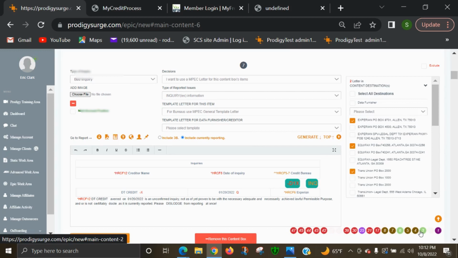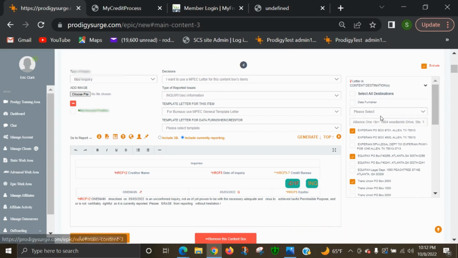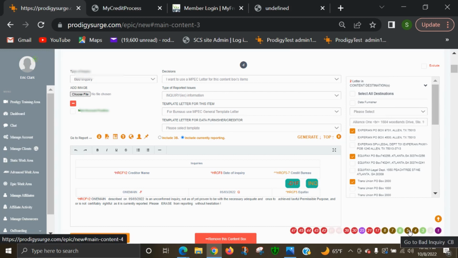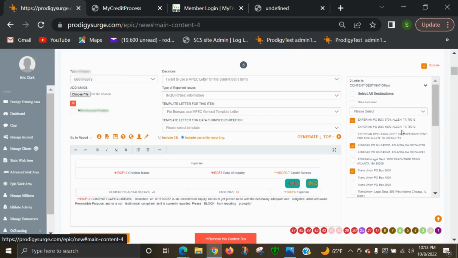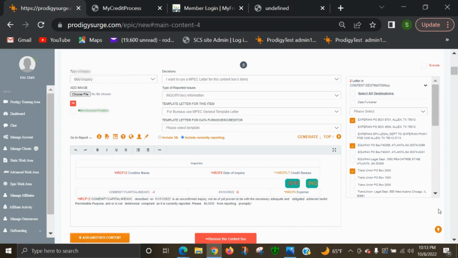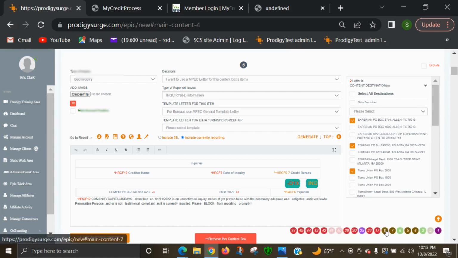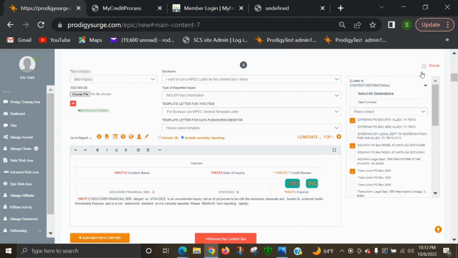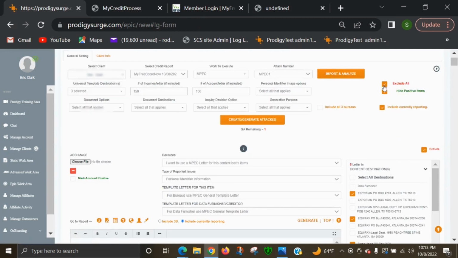Same thing with these other boxes here, which is number 4. And all I'm doing now is unchecking the exclude box. That way it does include those on attacks. That was box 4. Let's go to box 5. I believe I did box 7 already. So let's go to box 8 now. Going to box 8. So now, if I go back to the top, I know that I'm not attacking anything